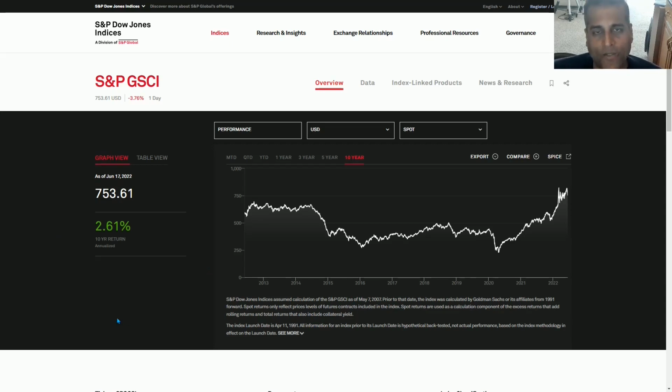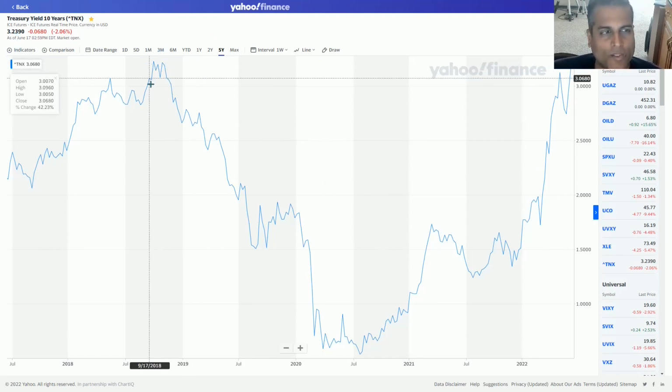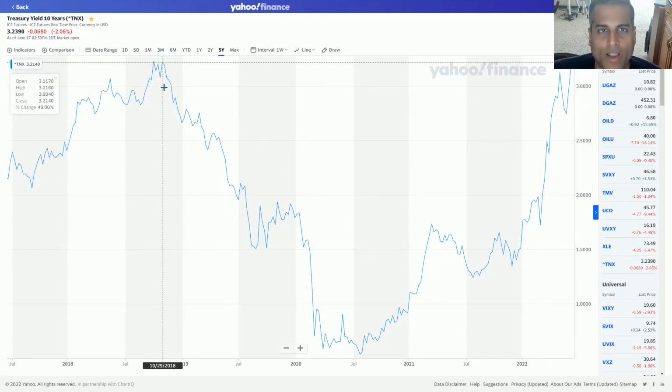Now we go to the third and final metric, which is the 10-year U.S. Treasury Yield. This is the 10-year U.S. Treasury Yield, and 3.24% is the yield. So yes, that one is above 3%. Now this is the 5-year chart that shows how rarely it's been above 3%, only for a few days in the last 5 years, and it quickly plunged after the fact to be much lower, and I suspect the same